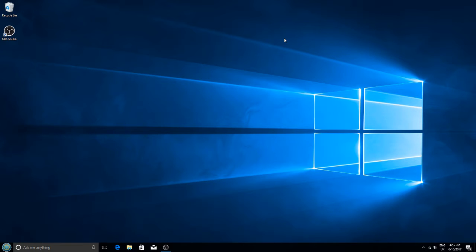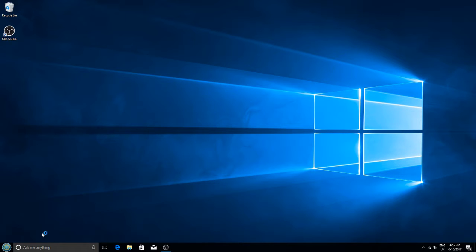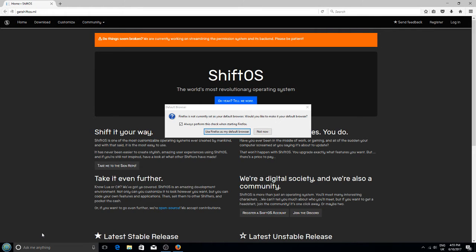Now, let's try and install ShiftOS. If you don't know what ShiftOS is, basically it's a game where your computer gets hijacked and you get put inside an experimental operating system that you have to upgrade with code points. And you get those code points by doing things like playing games of Pong or listing a bunch of elements in knowledge input. There's loads of stuff you can do. I highly encourage you to check this out. It's written by a guy called Michael VanOverbeek who